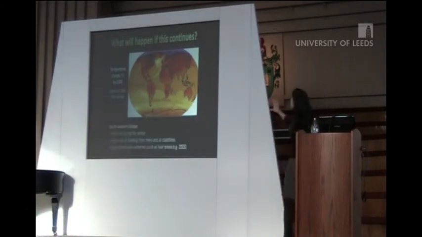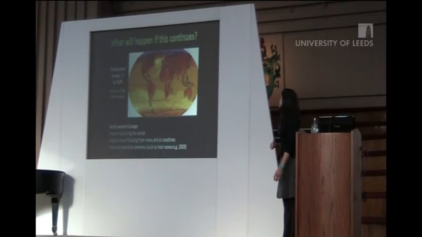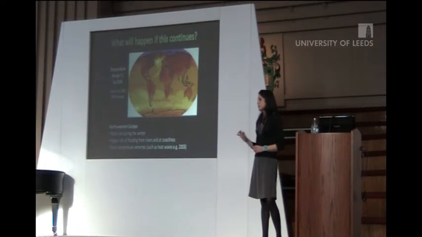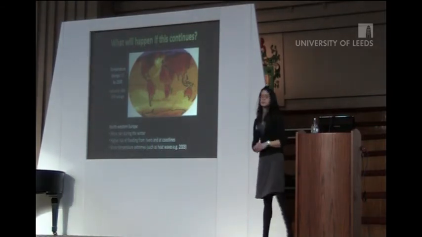So from this map, it's kind of hard to see how we'll be affected in Europe. We should expect a temperature increase that's somewhere in the middle of this range that's represented here. But we'll also get more rain during the winter. And as a result of that, there'll be a higher risk of flooding from rivers and also at the coastlines as a result of sea level rise. And we'll also be experiencing more temperature extremes. And that's really important because that's things like the heat wave that Europe experienced in 2003, which led to a significant number of premature deaths across the continent.